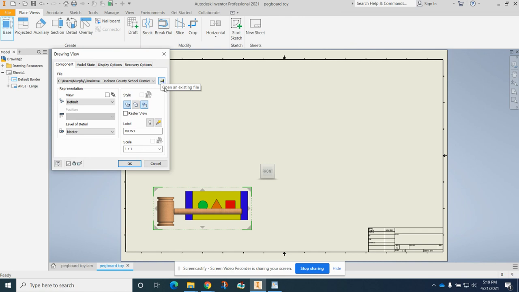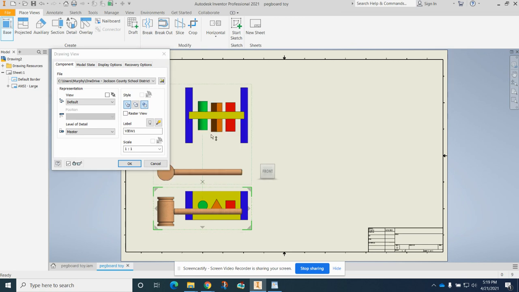Okay, once this first one pops up, all you have to do is move your mouse straight up and click a second time. Now we can move our mouse straight to the right of that one, to the bottom one. Click a second time, and then diagonally